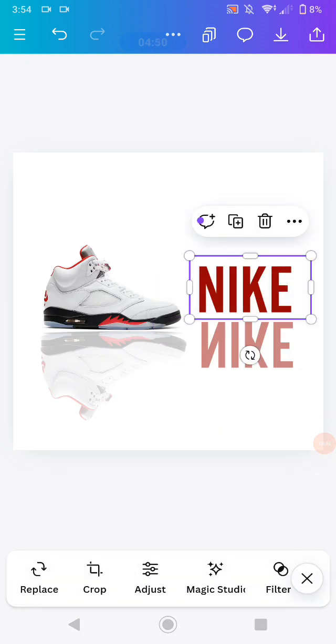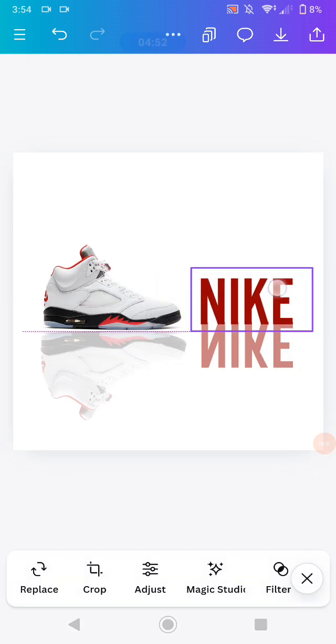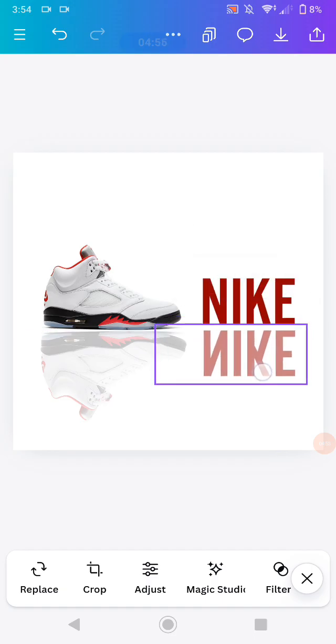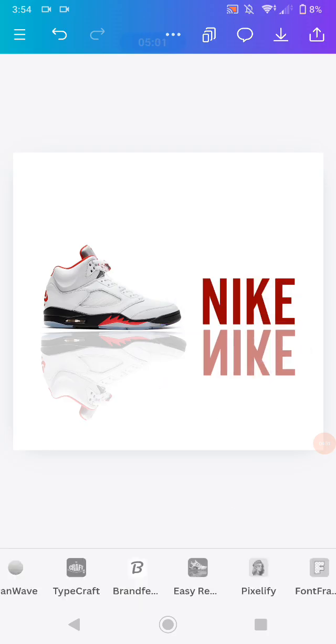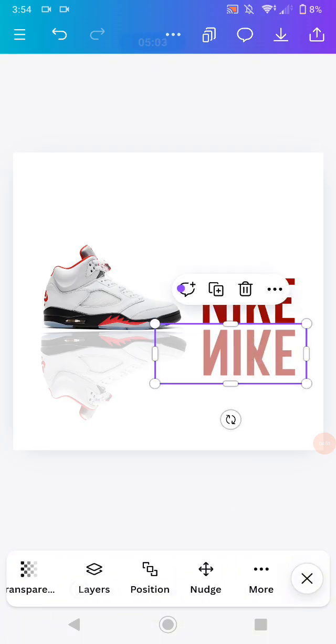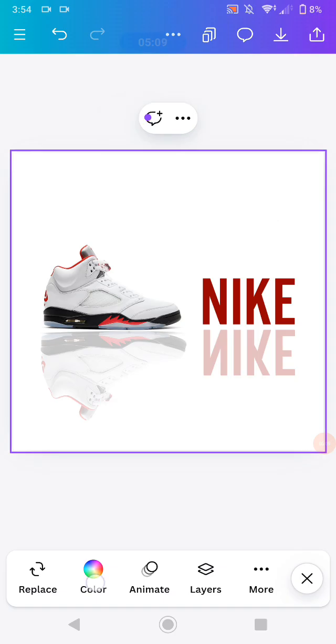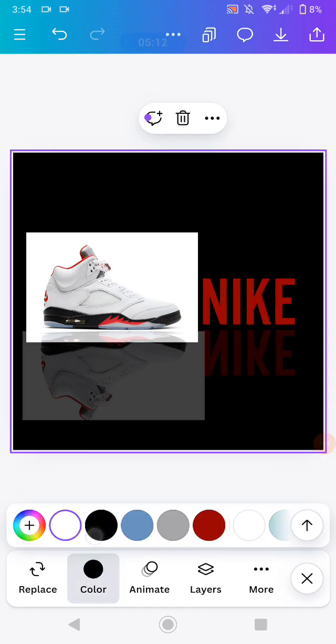Okay, after that, do this, make sure that it's close enough like the previous design. Now click the reflection and decrease the transparency to 50, this. Then change the background color. For example, I will